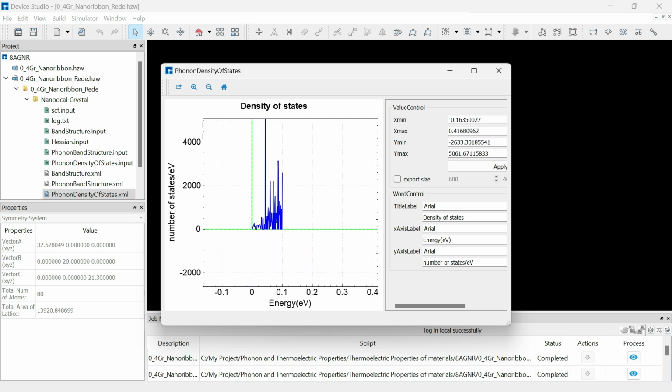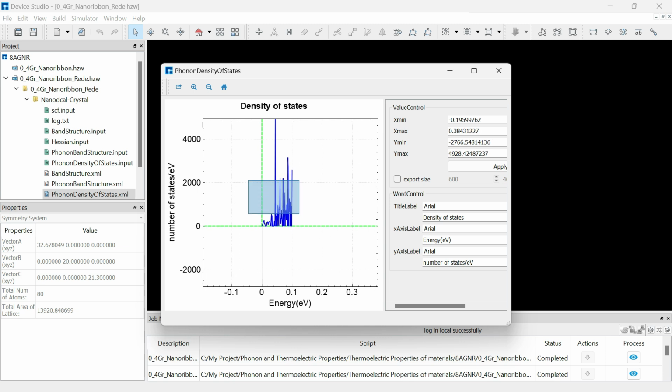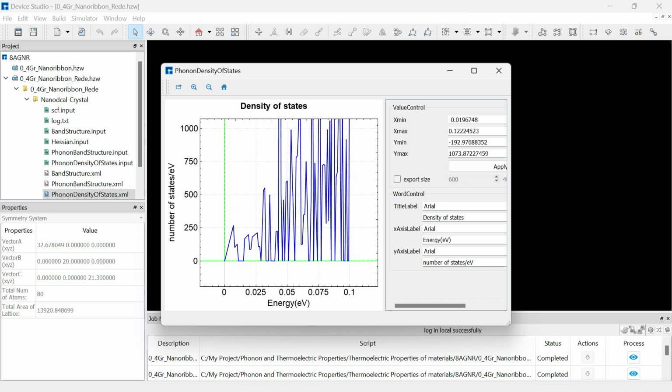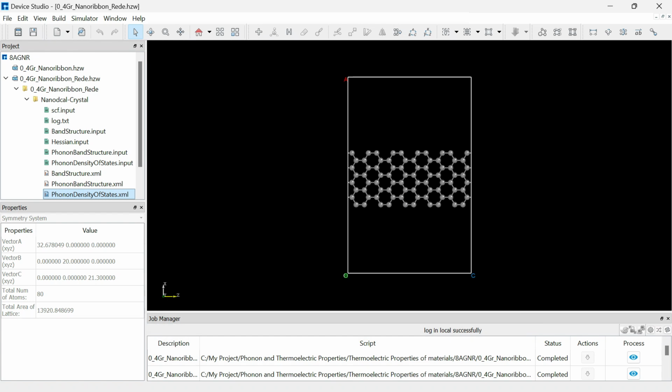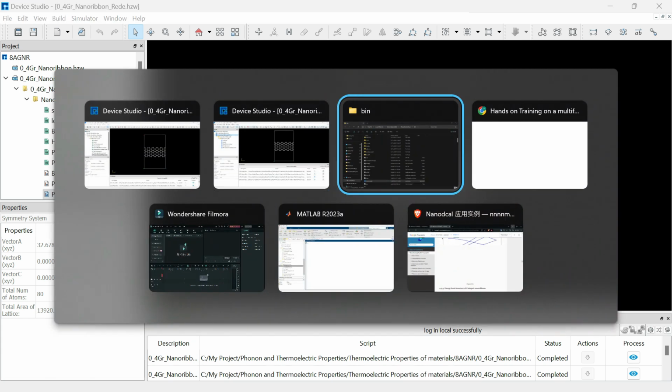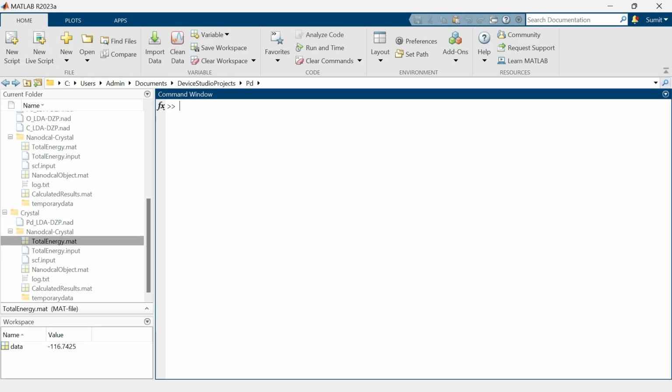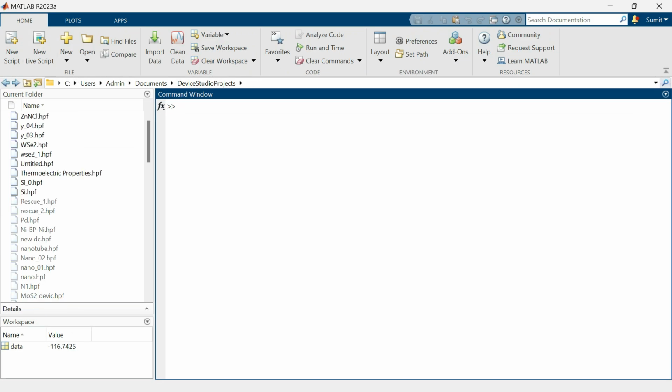now this density of state comes from the number of states and energy. So you can get the data like this. So now, if you want to see the Hessian output, you have to go to MATLAB. So we'll go to MATLAB. If you want to see the data in output form, so